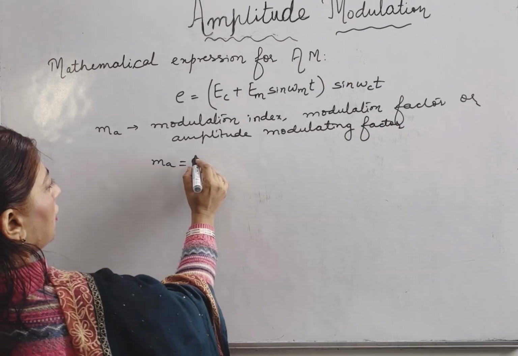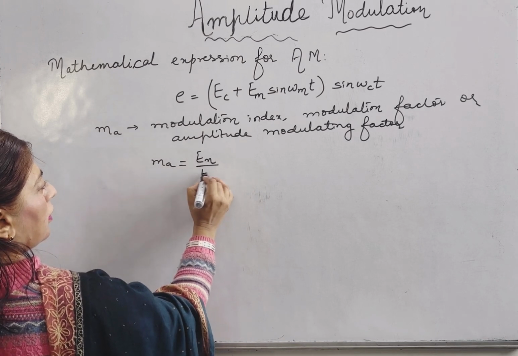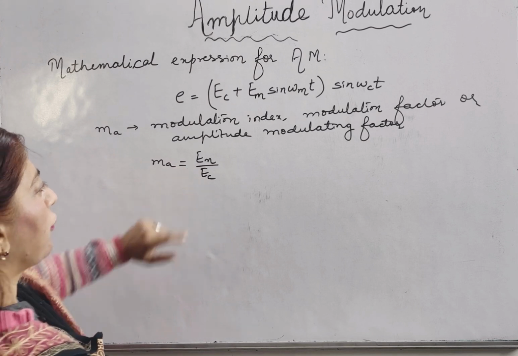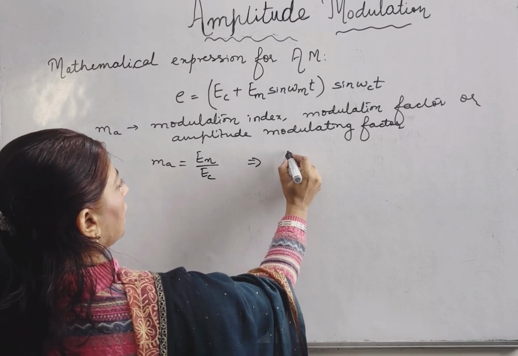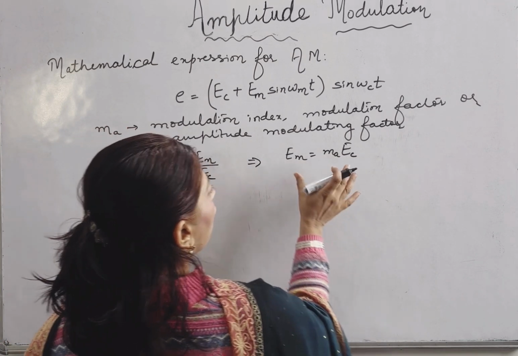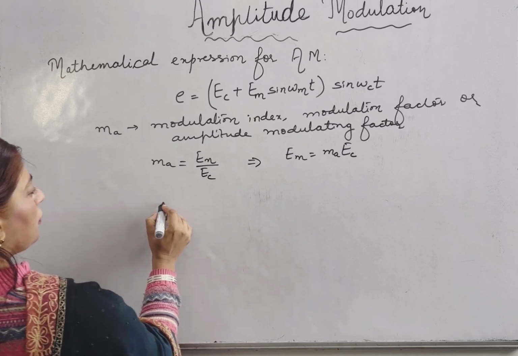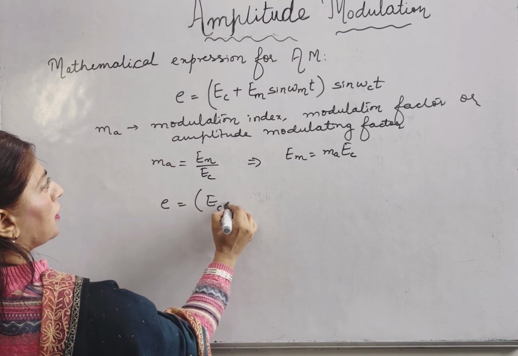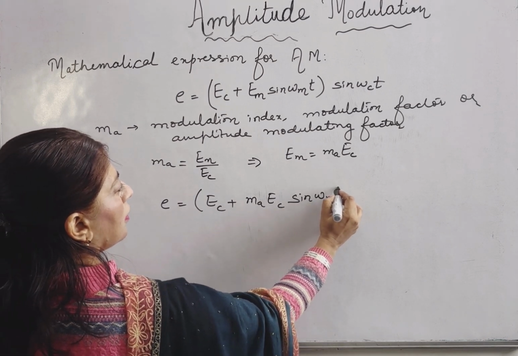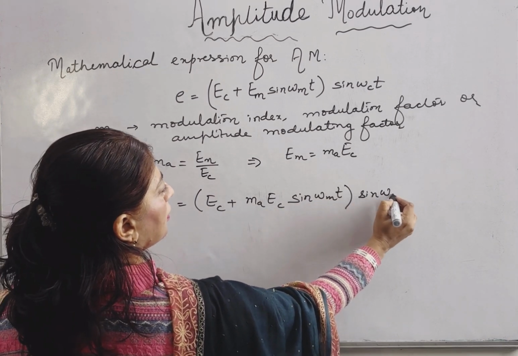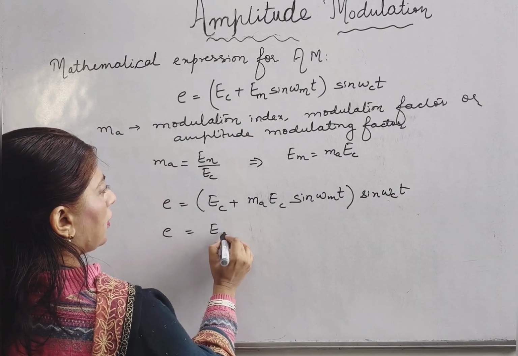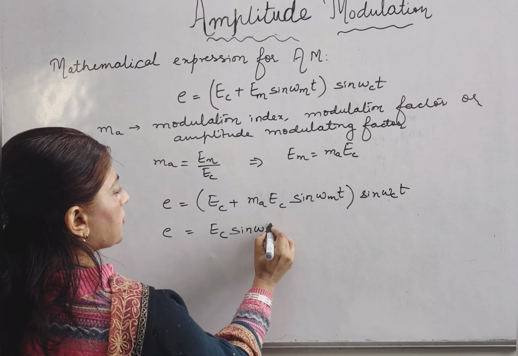This is equal to the ratio of the amplitudes of modulating signal to the carrier wave. From here we get EM is equal to ME EC. Now, putting this value in the above equation, we have E equal to EC sine omega CT plus